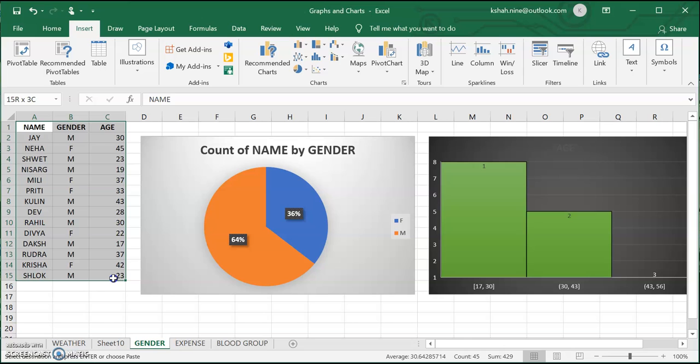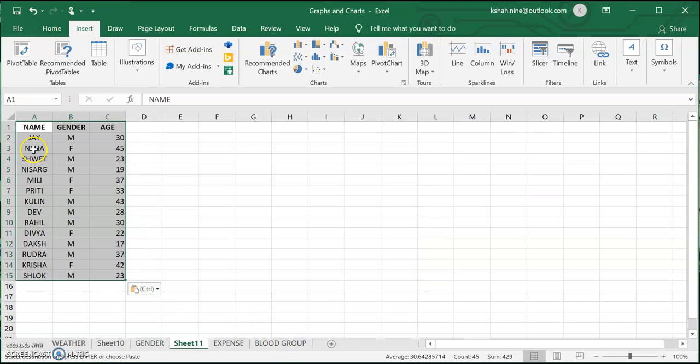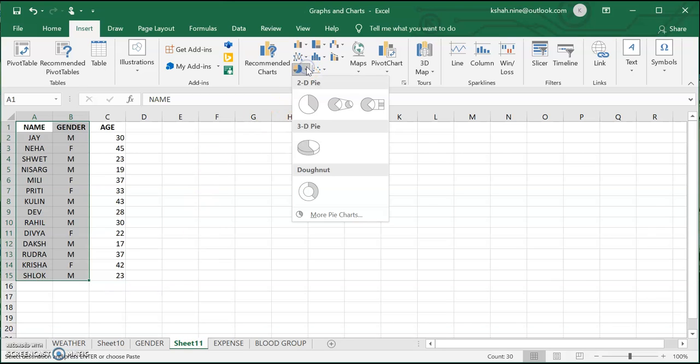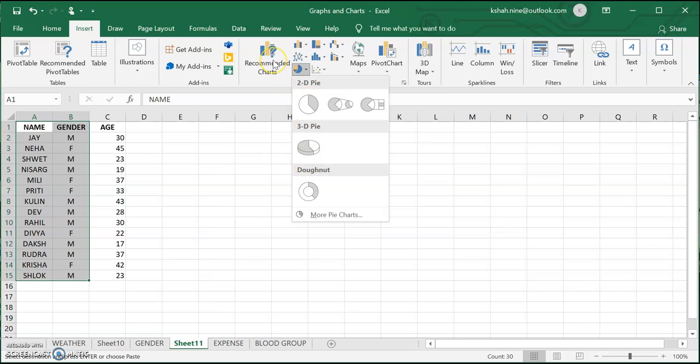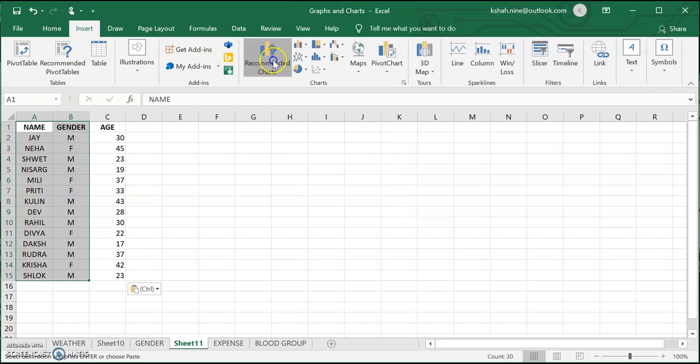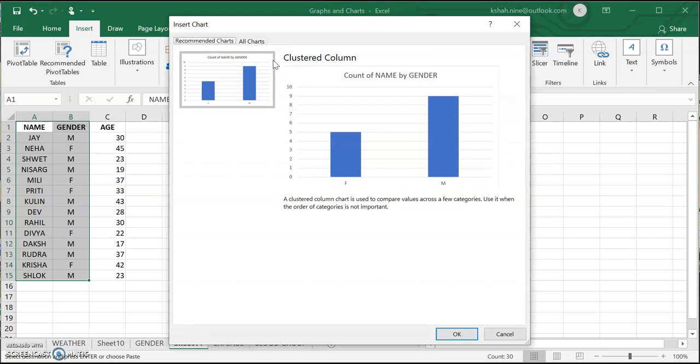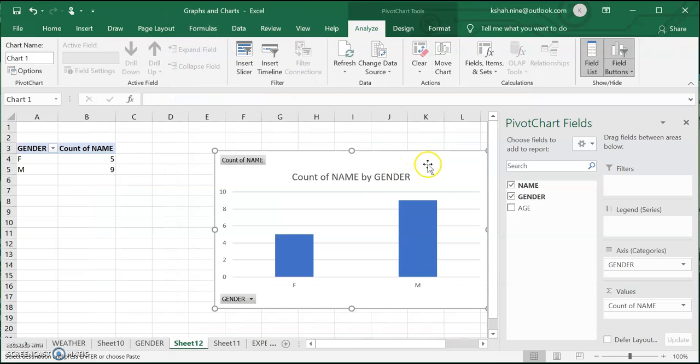I'm just copying this data in a new sheet, so I can show you how it works. First we will create a chart to check the count for male and female. I'm selecting the pie chart, and in case it does not allow you to insert the chart, go to the recommended charts, select a recommended chart, and see, here you have